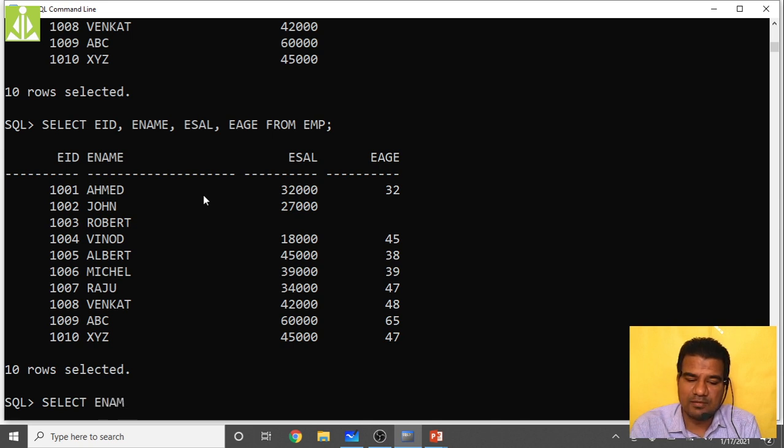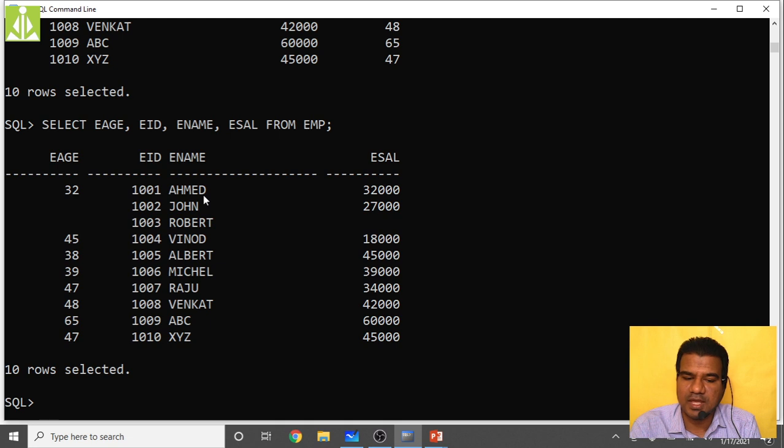Select EH, then EID, then ename, then ESAL, from employee. Like this, the same format you will get. See, first it is displaying EH, then EID, then ename, then ESAL. Let us assume I want to repeat the EID at the beginning as well as at the end.